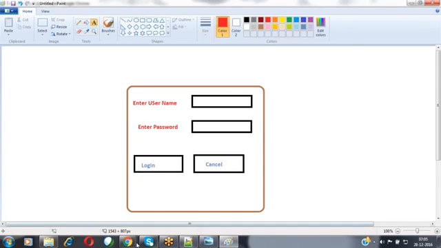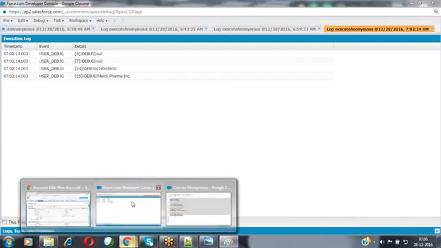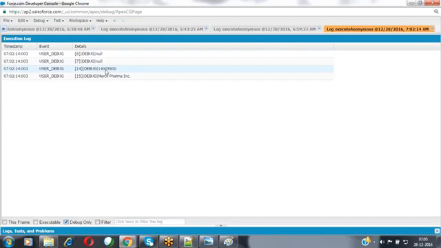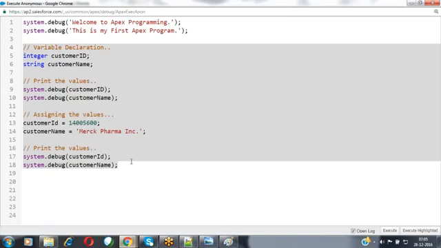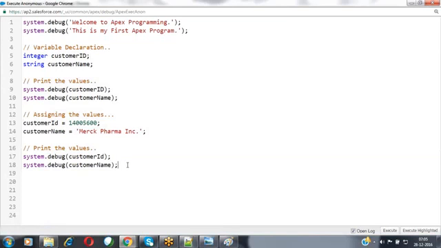In the same way, when coming to my values, we have printed those values. The first value is 14005600 and the second value is Merck Pharma. Then what exactly is this Merck Pharma? What exactly is this value? How do we know? For that, we are going to display those values along with some messages. How can we print these values here?